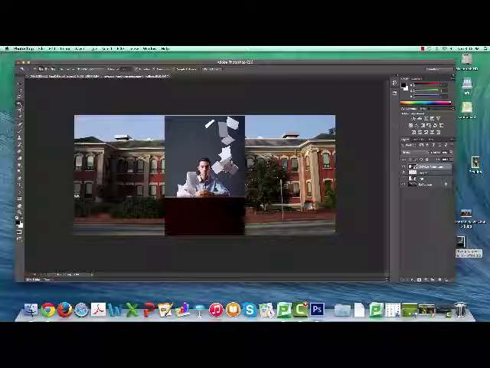You go through and click all of these, get the flying paper done. We are going to have them all selected, and now we will cut it from the original photo